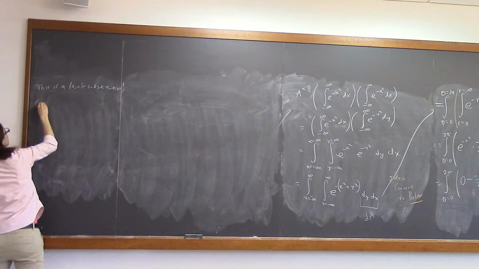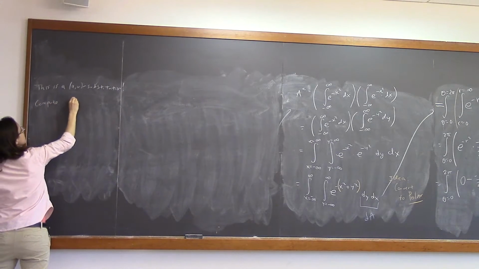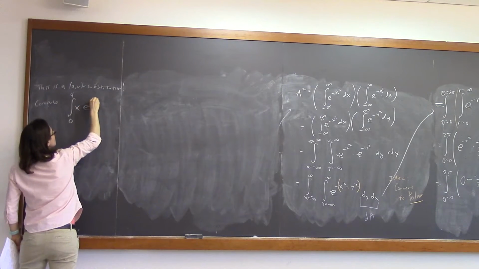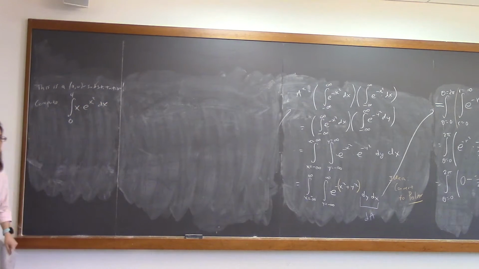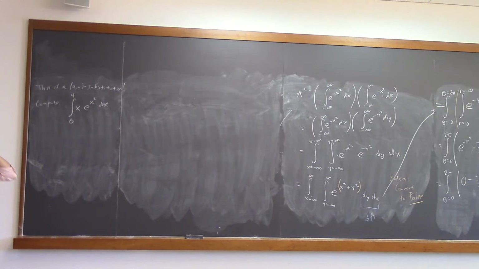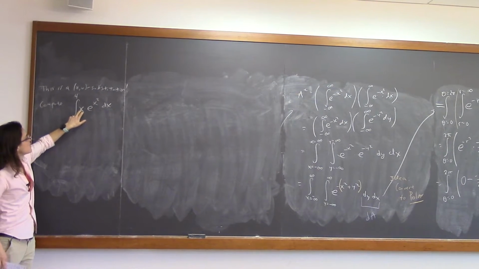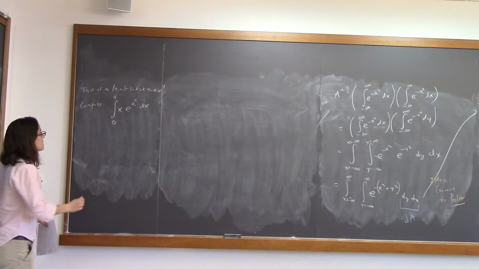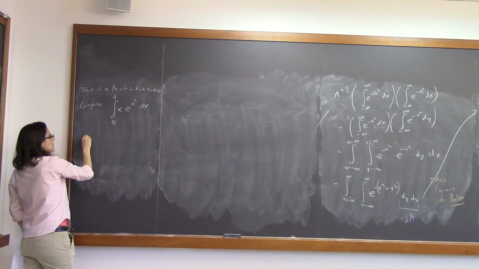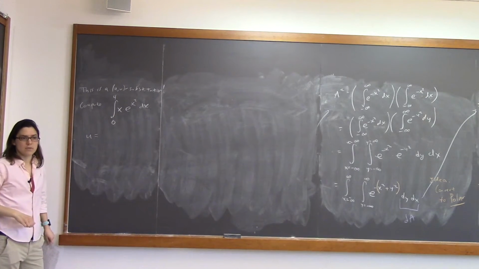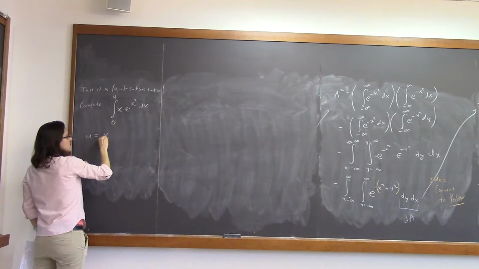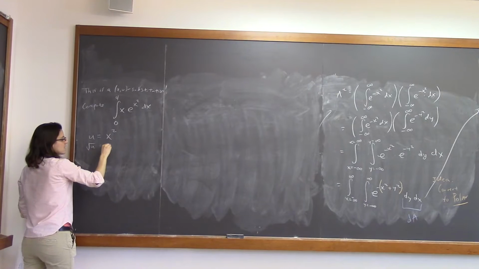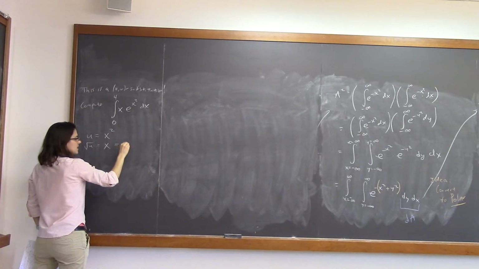So suppose you want to compute the integral from 0 to 4 of x times e to the x squared dx. So this is similar to the one that we just did for the bell curve, except that the x is on the outside and the x squared isn't negative. Okay, well, you would decide what your u should be. I think your u should be x squared. So let's say u is x squared, or in other words, square root of u is x. It's easier to write that as u to the 1/2.